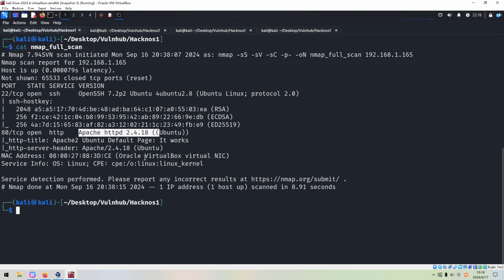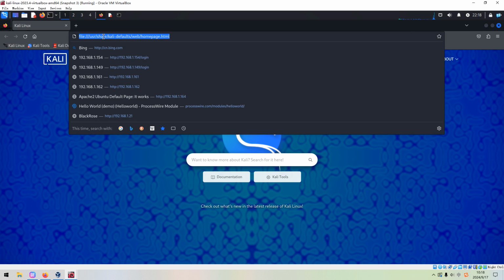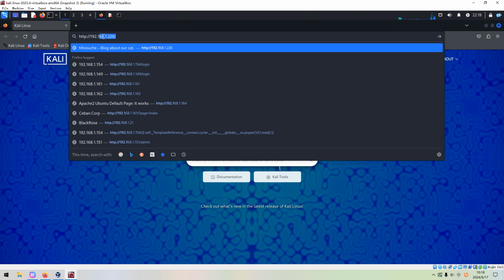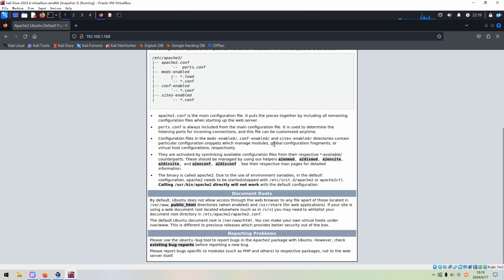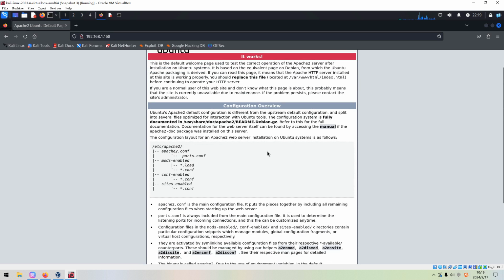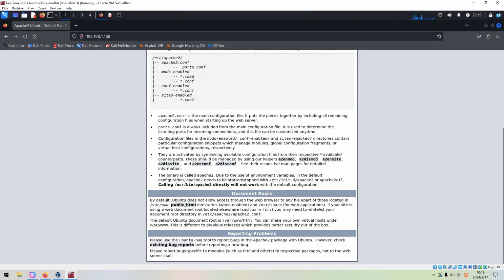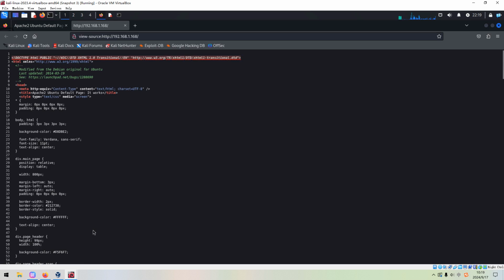So what do we have to do next? Of course, we need to do enumeration with this web application, both manually and automatically. Let's launch our browser to do the manual enumeration first. Press enter, and we got this page back. Apparently, this is the Apache 2 default page, and we need to review the content very carefully in case we miss something important. And also we can view the page source.